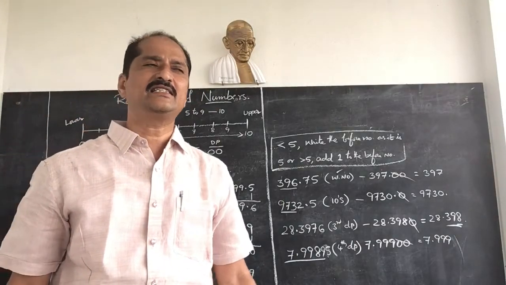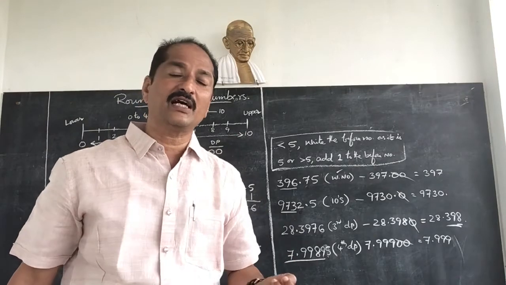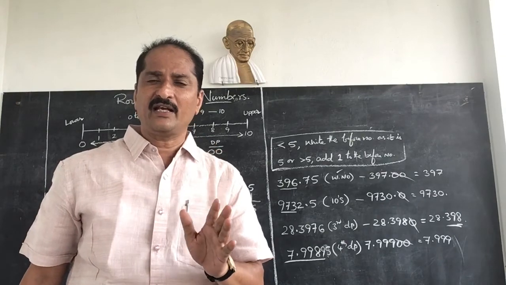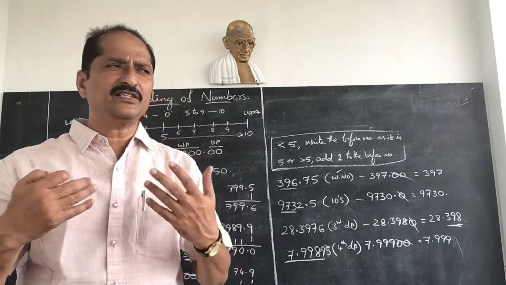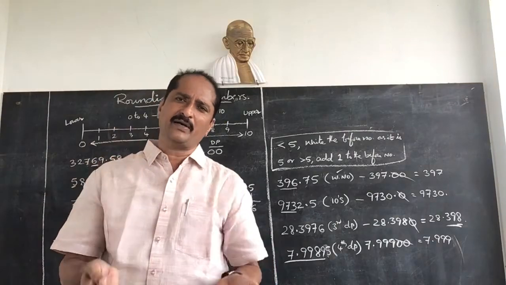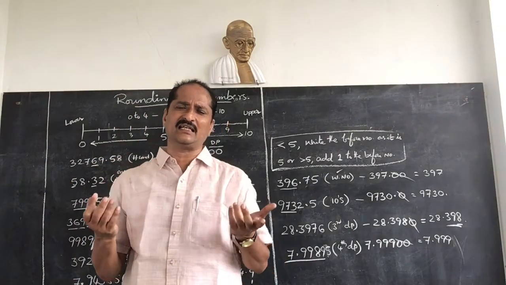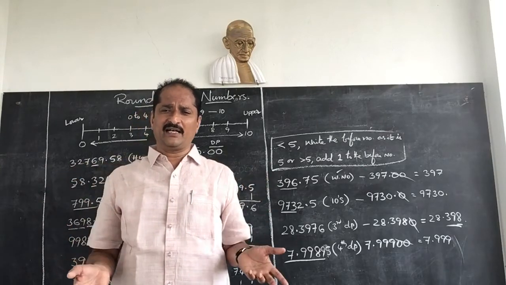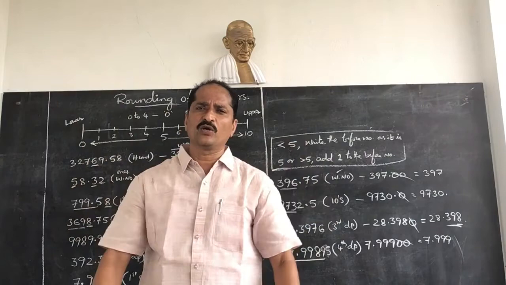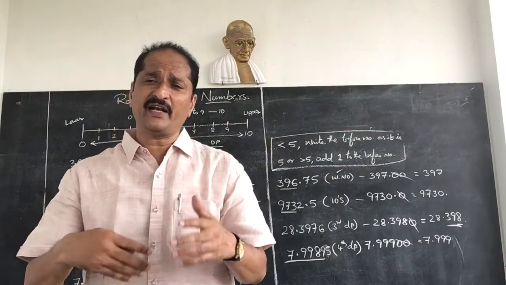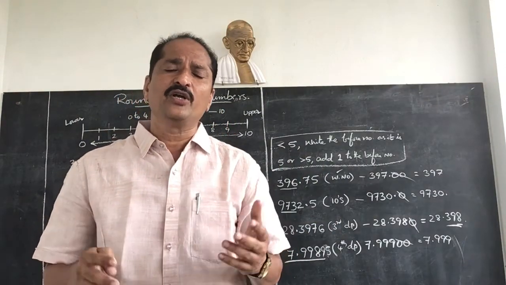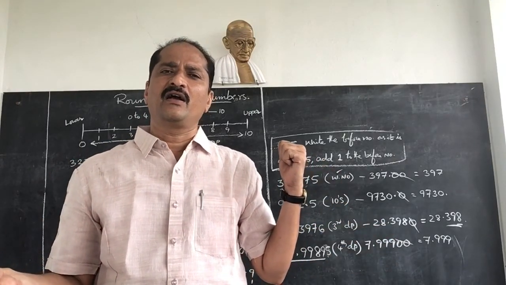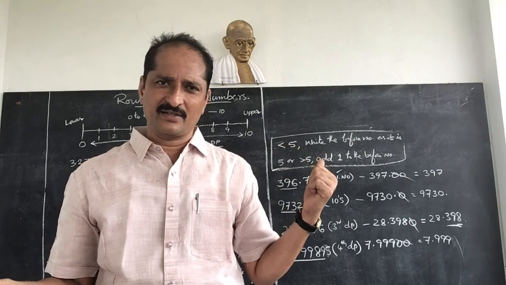Understand? So in this way you can round off numbers to decimals also. So remember carefully, like this you can write different kinds of decimals, different kinds of numbers in thousands or hundreds or tens or lakhs, crores. Which period you want, you can write down and round up to your own. Like this, if you are taking different kinds of numbers and practicing more, you will get it easily. This is the easiest way of rounding off numbers. Okay? Thank you.